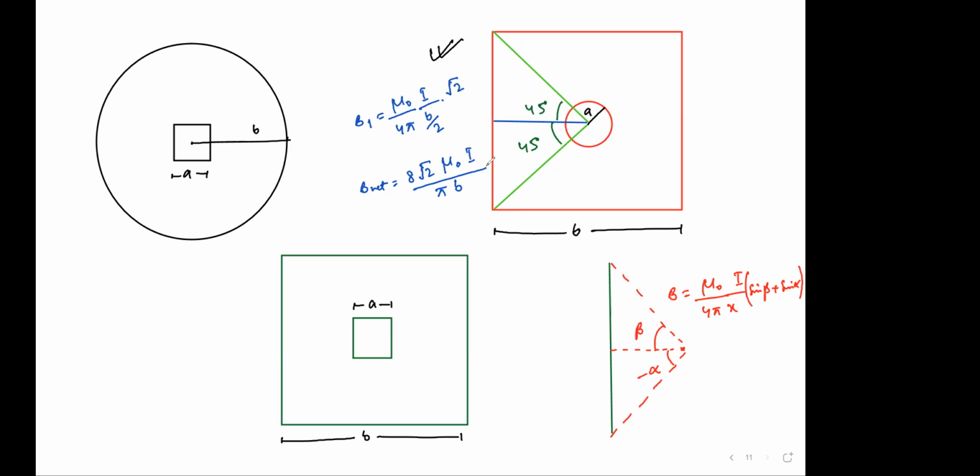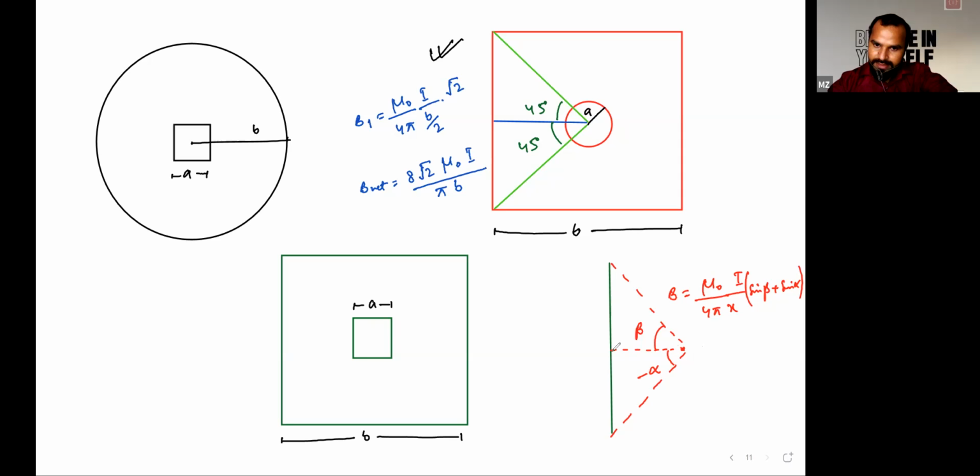So how do you get the b by 2? We have x. X is nothing but the distance of the wire to that particular point at which we are calculating the magnetic field. So we have this particular length strip from this to this, and we have to calculate this part. And in a square, the center is at the middle point, so it would be just half of this particular part.